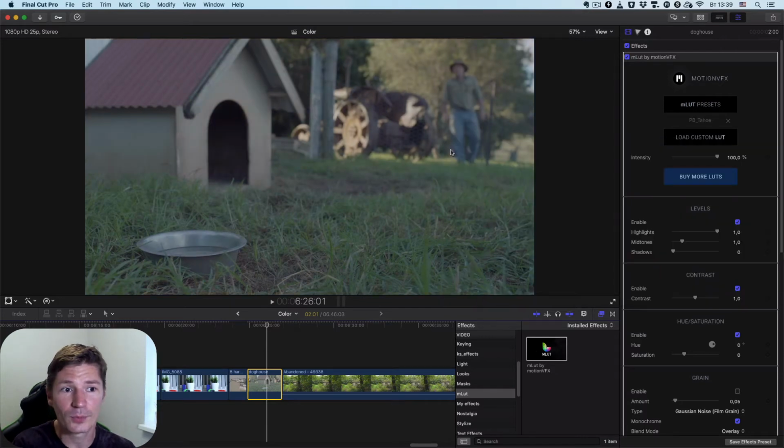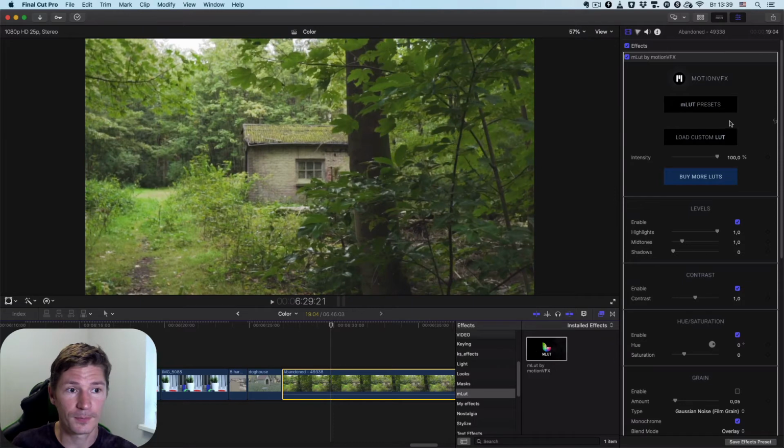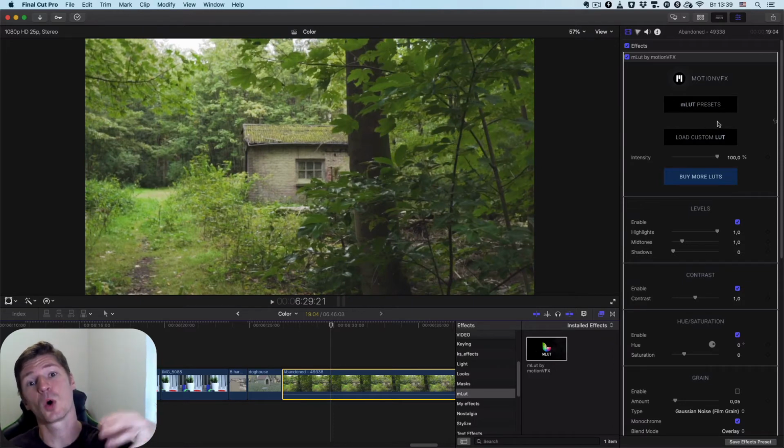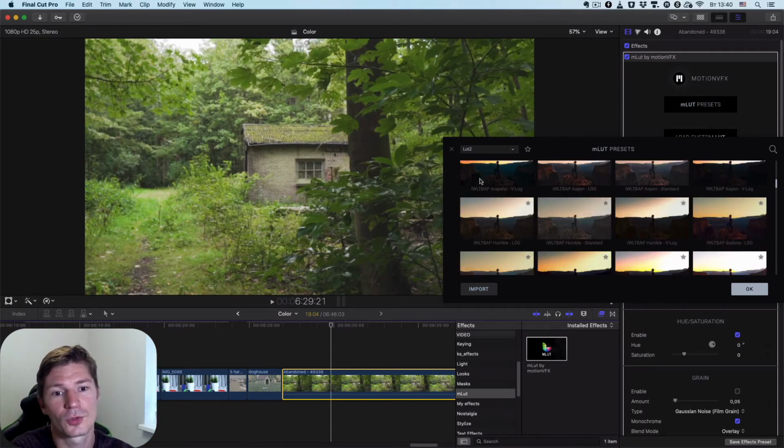We have applied a LUT here, but I want to apply a LUT for this picture, so I reset this LUT that was applied, and then in LUT presets I want to choose LUT 2. It's my category,